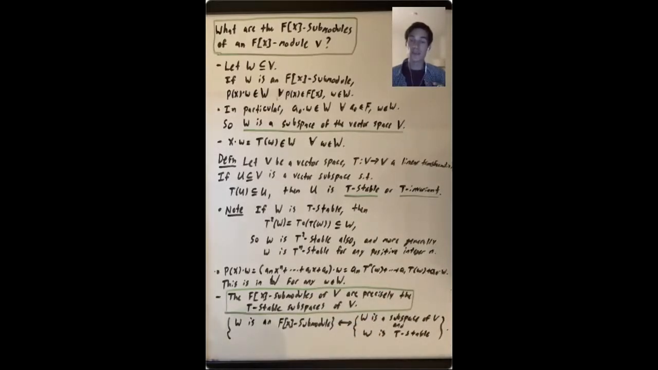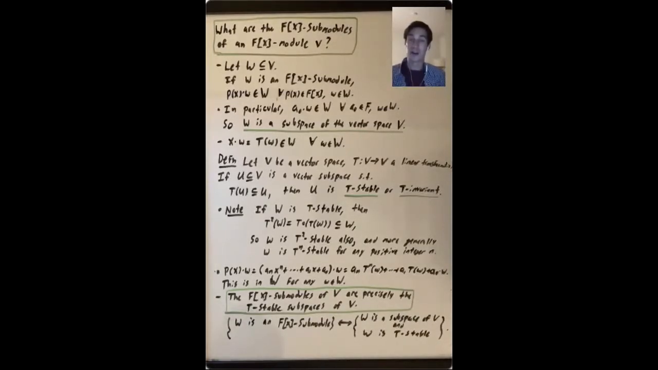So to say this in a slightly different way, like we said for the correspondence between V being an F[x] module and V being a vector space over F together with a linear transformation, for submodules, we can say W is an F[x] submodule of the F[x] module V if and only if W is a vector subspace of V and W is a T-stable subspace, where T is this linear transformation that is the one giving the F[x] module structure on V. Okay, so I'll pause and erase,